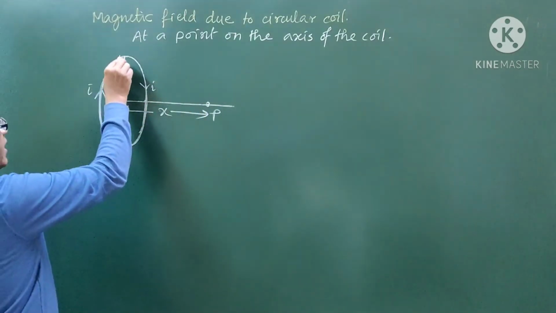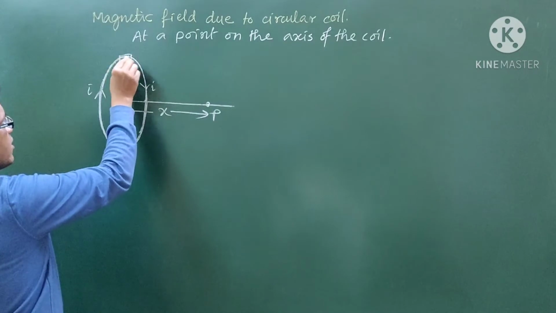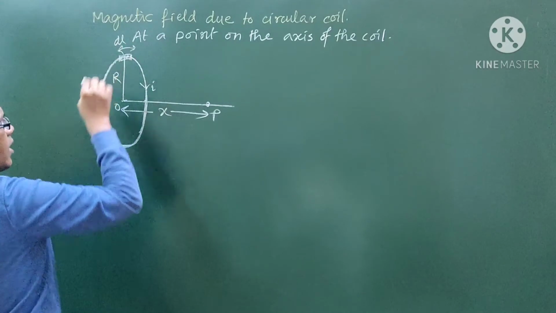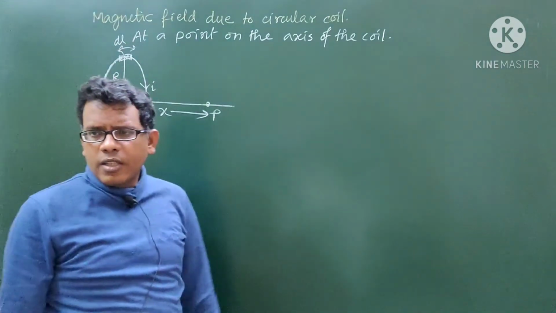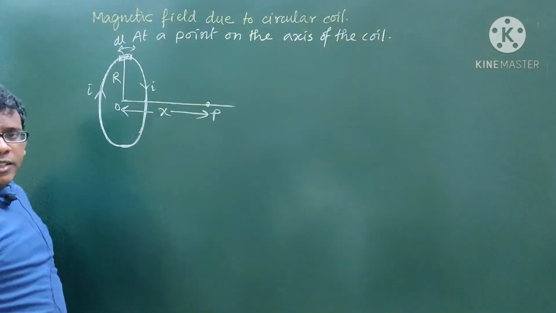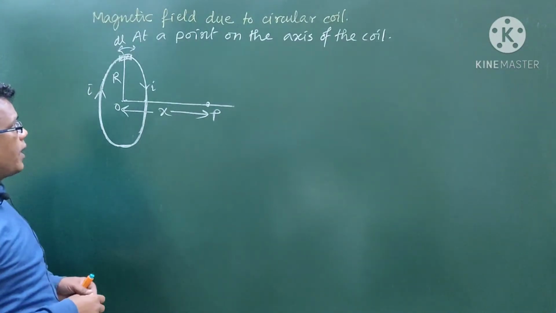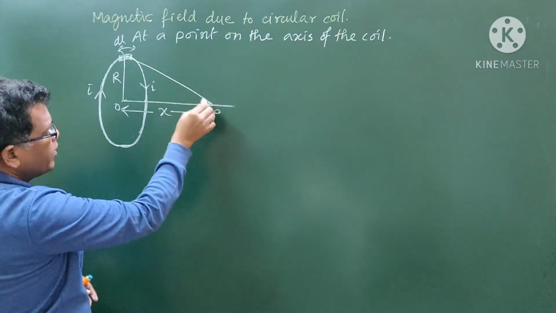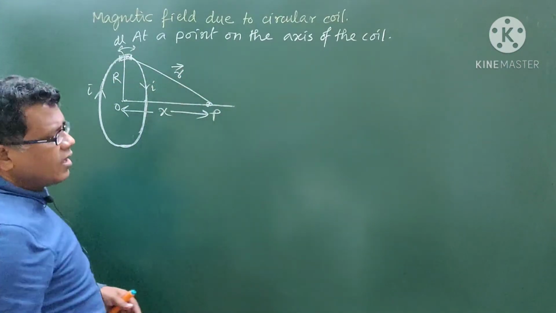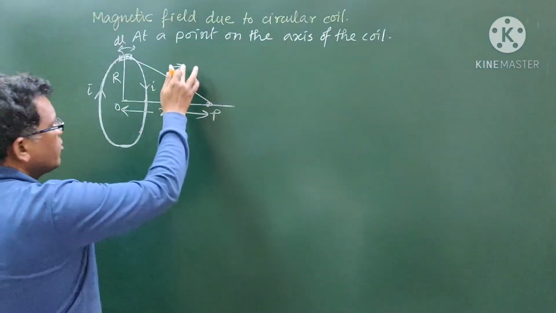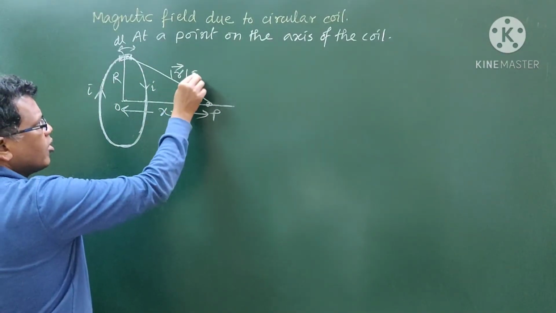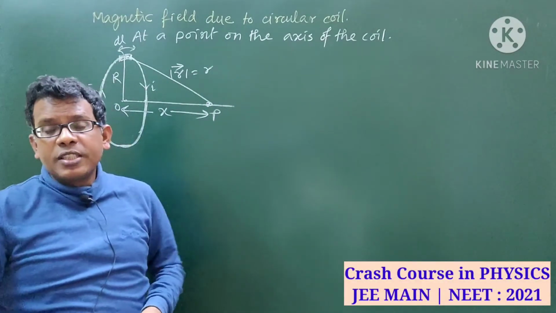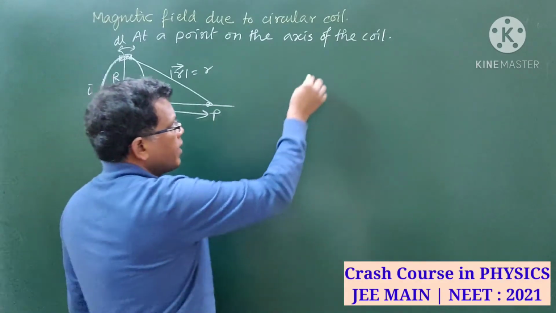Now if I consider one current element, a small part of the conductor, the circular loop has total length 2 pi r, r being the radius. This will be the line joining the current element to the required point, the radius vector small r. We can take the mod of this, or simply write r. This is that distance r used in Biot-Savart's law. So according to Biot-Savart's law,